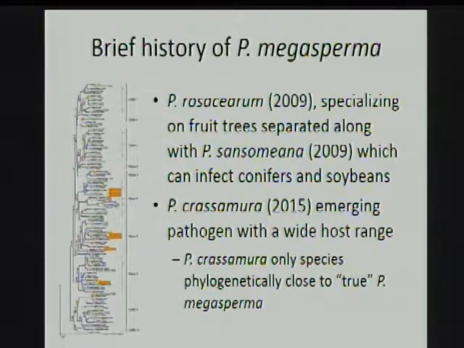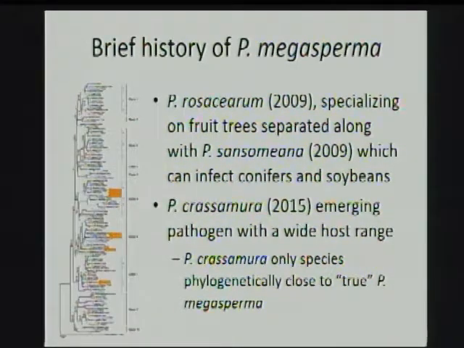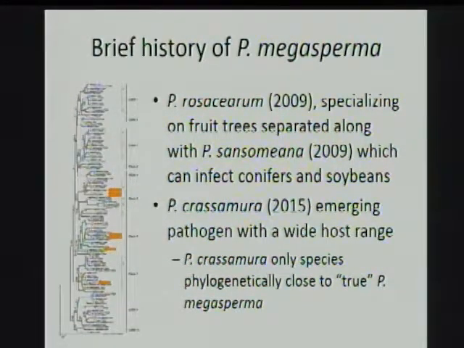Phytophthora rosacearum was a group that had been seen as specializing on fruit trees. So a lot of stone fruits in genus Prunus are in the rose family. And that was separated by Everett Hansen's group at Oregon State, along with another species that, weirdly enough, infected conifers and soybeans. And then that brings us to more recent times, this Phytophthora crassimira, which was described in the course